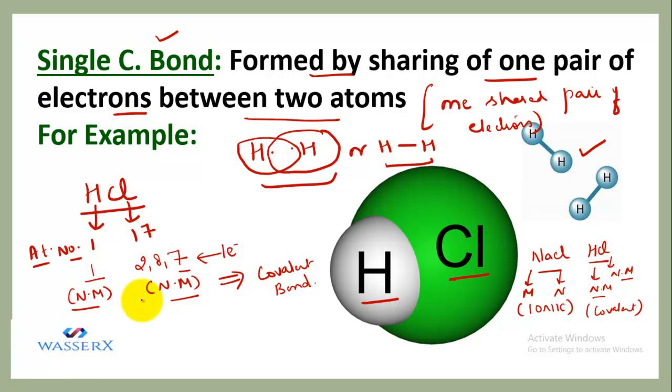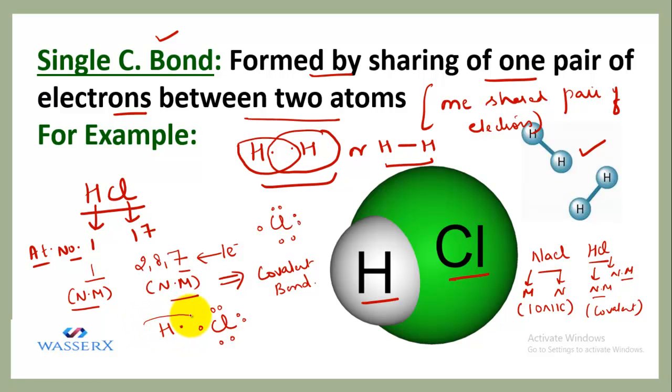So see how we are going to form a bond between H and Cl. You need to write the combining atoms first, right? Then you need to write their valence electrons which they need to contribute, or you can say mutually share. So hydrogen has one electron and it is going to mutually share or offer this electron to chlorine. Chlorine possesses 7 electrons. We can put the dots of chlorine like this, and we'll be putting this one electron in the middle because it is going to contribute one electron. So we'll put like this. I'm using dots. You can use the cross as well.